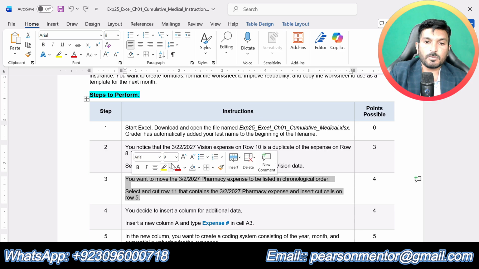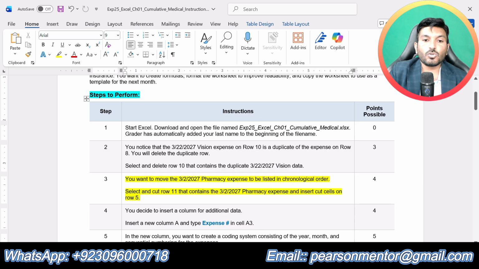Now let's do step number 3. You want to move the 3/2/2027 pharmacy expense to be listed in chronological order. Select and cut row 11 that contains the 3/2/2027 pharmacy expense and insert the cut cells on row 5. So first we are supposed to cut row 11 and paste it on row 5.